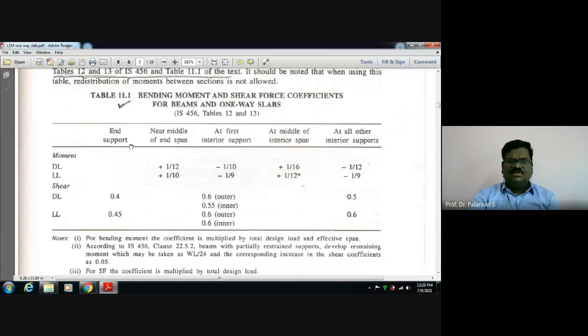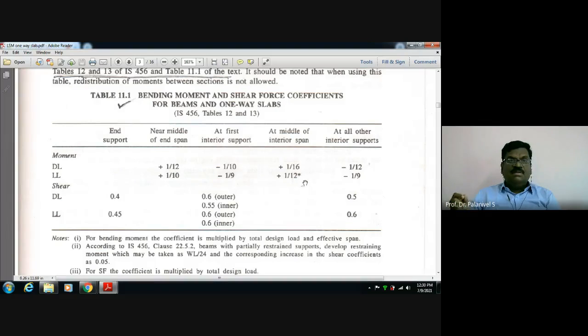But we will not use much of this bending moment coefficient. In the design of continuous slabs we will be using it. But in your subject, you will be doing only simple one-way slab. You don't have any continuous slab here. That and all the pukka design you will be doing in your design and drawing class next semester.